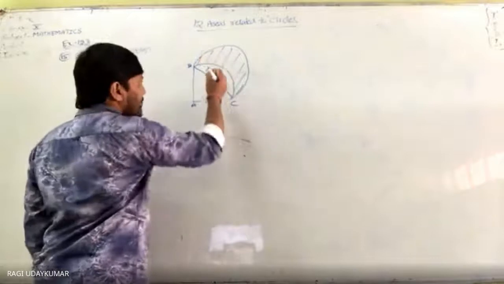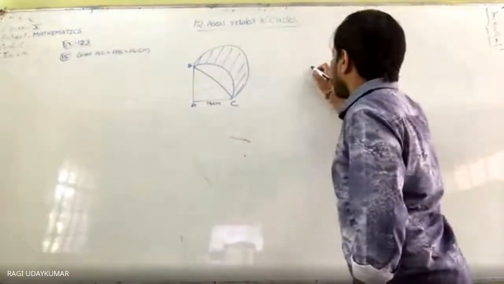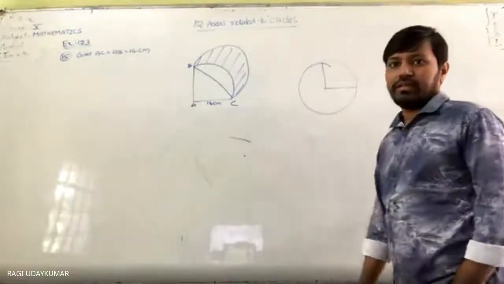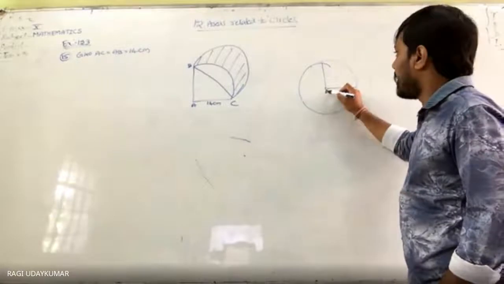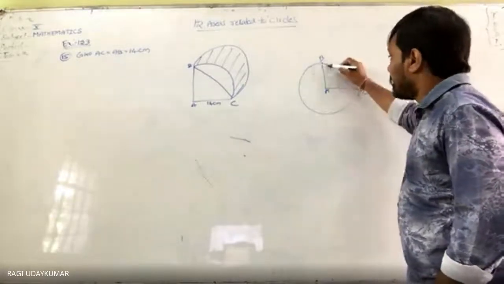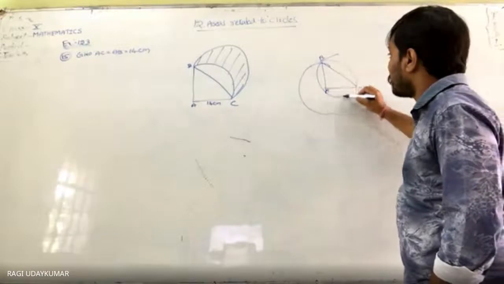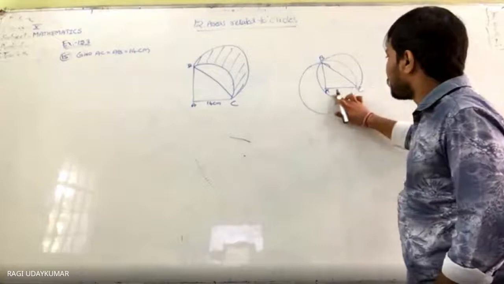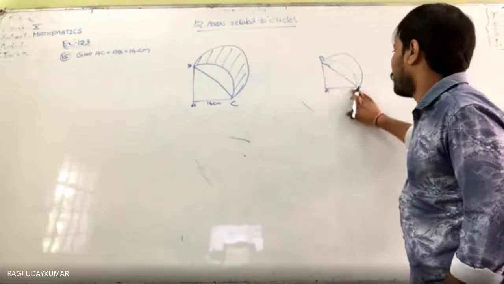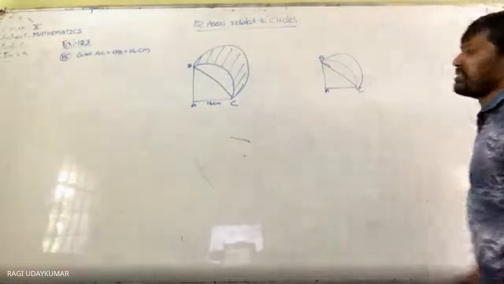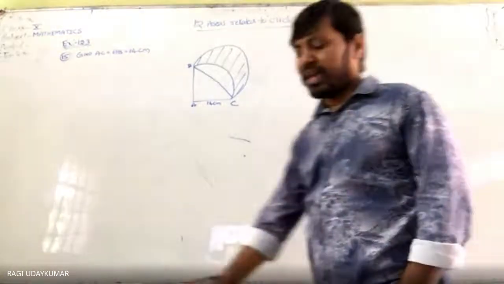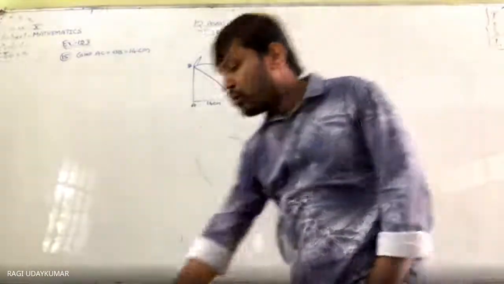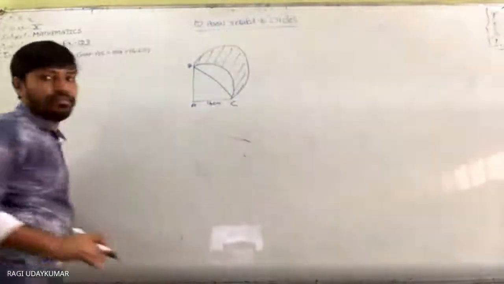Actually here you are going to get a circle. Roughly I am going to draw it here. This is the circle, and in it this is the quadrant. This is A, B, C, and this one has a diameter. One circle is drawn like this. But this part is not given to you, and this part is also not given to you. This is the situation. Did you understand the question? So here, how do we find this shaded region area?